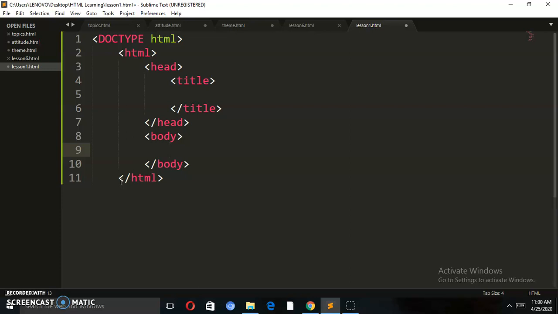Now let's see this HTML element. The HTML element is the root element of the HTML page. And now let's see about the head element. The head element contains meta information about the document. It's kind of links,